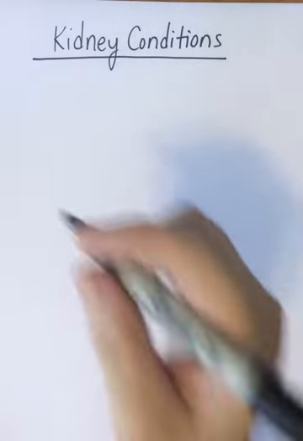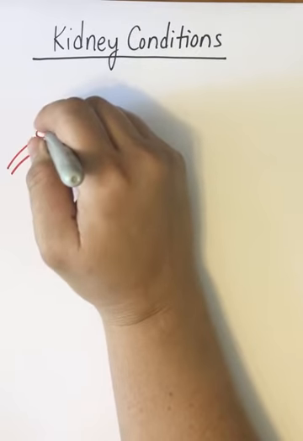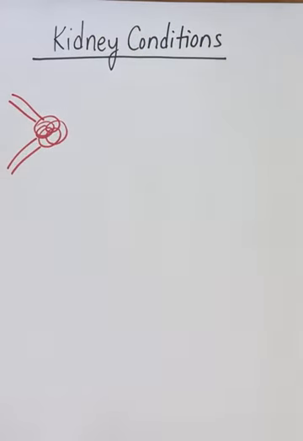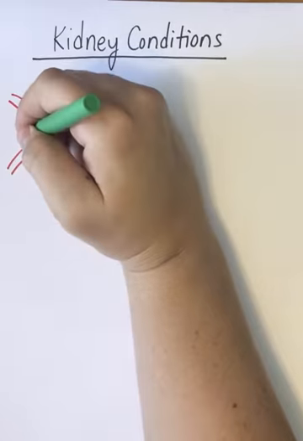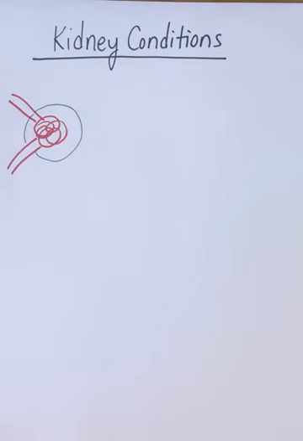All right, we're going to talk about some kidney conditions. First question I'd ask you: what's part of your renal corpuscle? You should always be able to tell me afferent arteriole, glomerulus, efferent arteriole, and your Bowman's capsule. So when you talk about your kidney conditions, the first condition I'm going to talk about is called